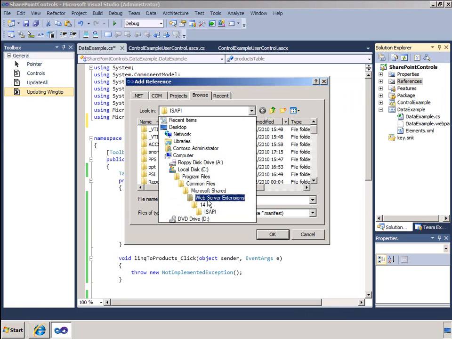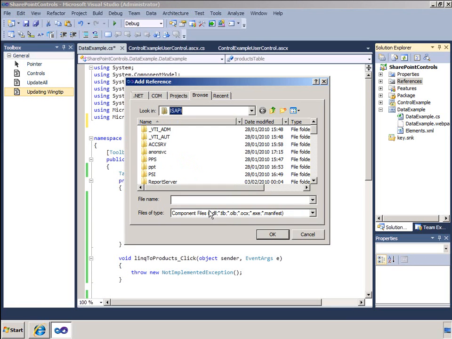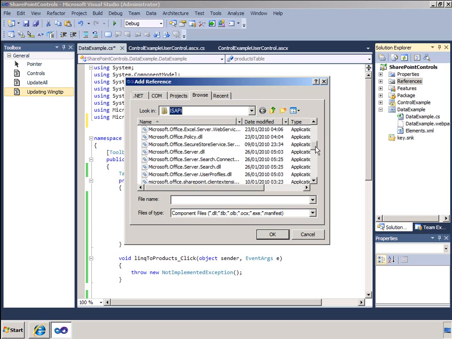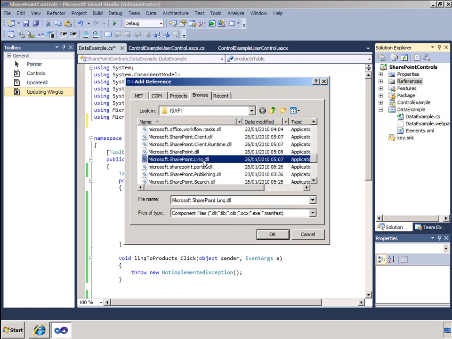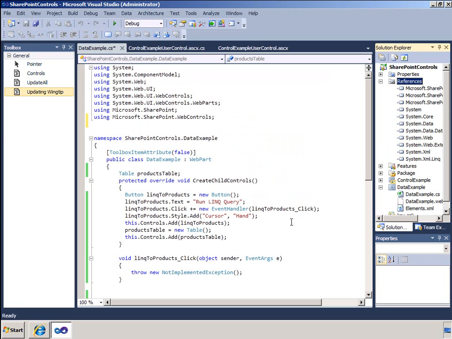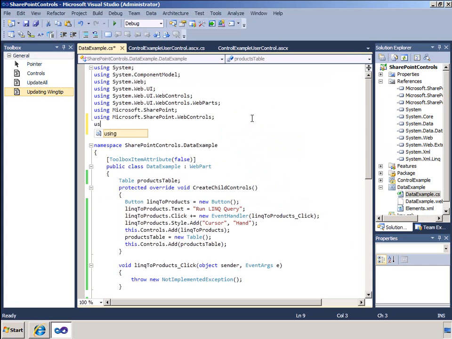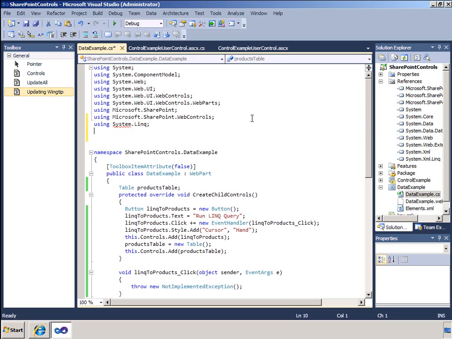The first thing I need to do is add a reference to the LINQ to SharePoint DLL to my project if I want to start using LINQ. I have some simple controls set up already, but we will do the LINQ coding throughout this demonstration. We need to add a using statement for System.Linq and also one for Microsoft.SharePoint.Linq. So System.Linq gives us access to the language features, and SharePoint.Linq will give us access to the specifics for a